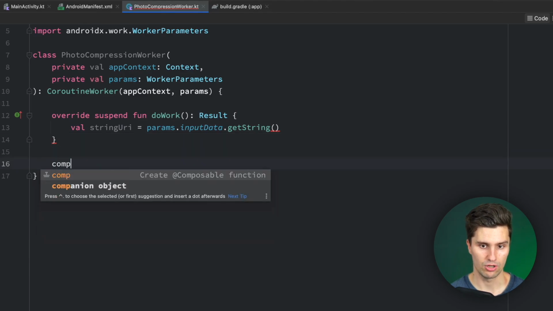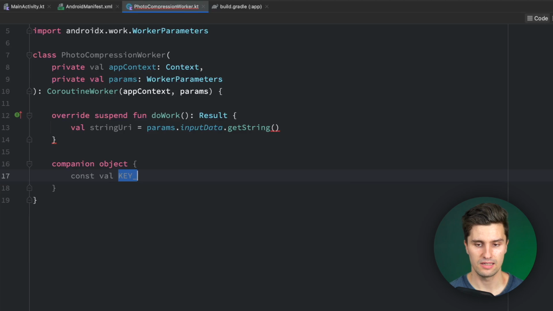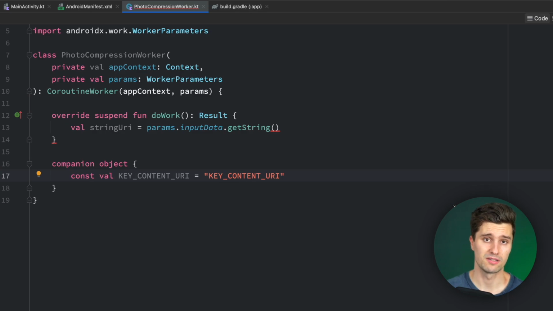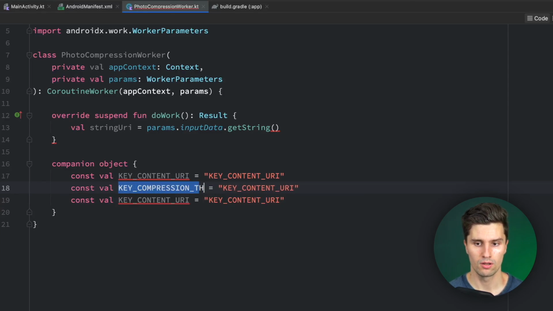And for that, I would like to have a companion object where we have a const val KEY_CONTENT_URI, and that is just a string key content URI. We also want to specify two more of such keys, since we have two more pieces of data we need to take care of here. On the one hand, that is the key compression threshold,